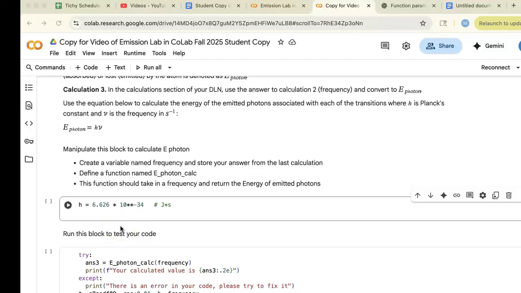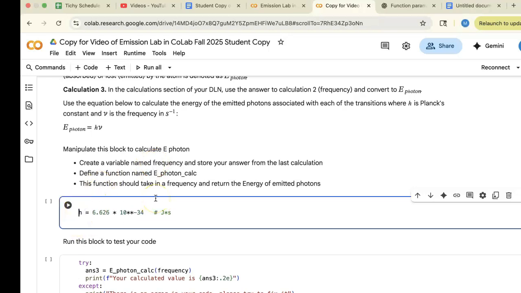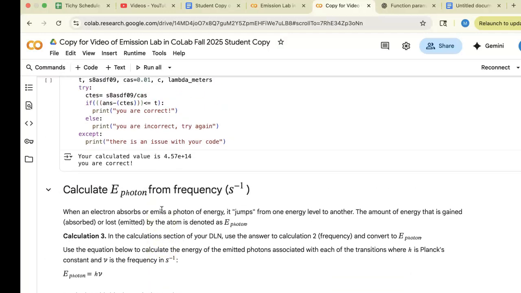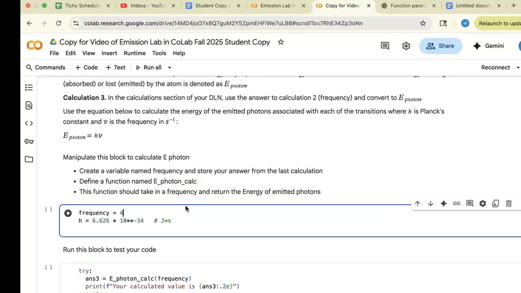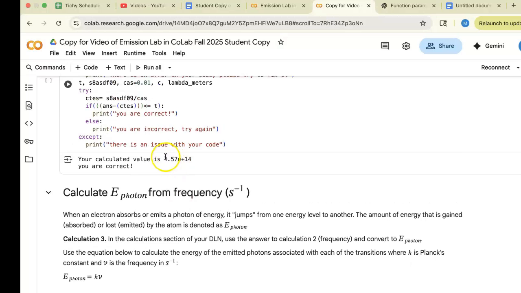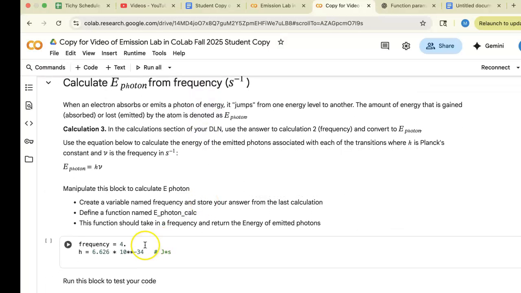Let's write a little bit of Python code to calculate the energy of a photon using the equation E of photon equals h nu. It says create a variable named frequency and store your answer from the previous calculation. So I'm going to go ahead and write frequency, and it does want to complete with this frequency, which is not matching the previous one. So I'm going to go ahead and just copy paste from above. So that means 4.57 times 10